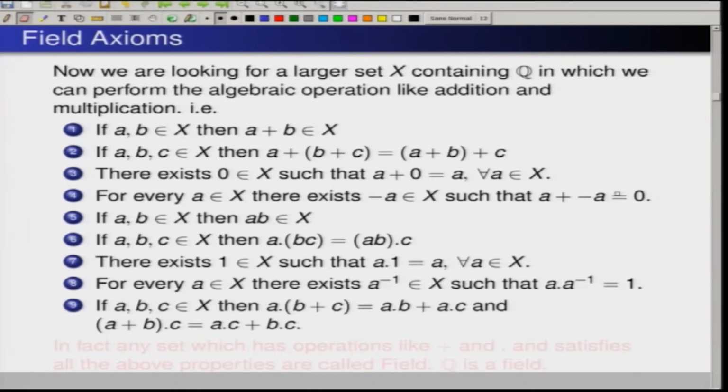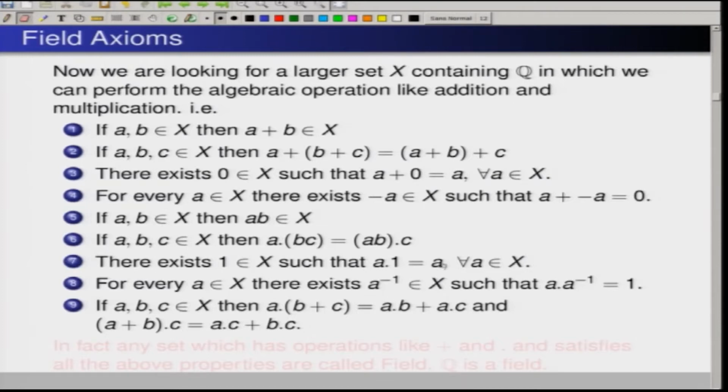That means, if a and b are in X, we have some notion of multiplication in X such that a into b, a multiplied by b, is still an element of X. And then associativity: a into (b c) is equal to (a b) c; first I multiply a into b, then I multiply by c. And there exists one element in X such that if I multiply that element with any other element of X, I get that element back, that is a into 1. In this case I am denoting it by 1: a into 1 is equal to a